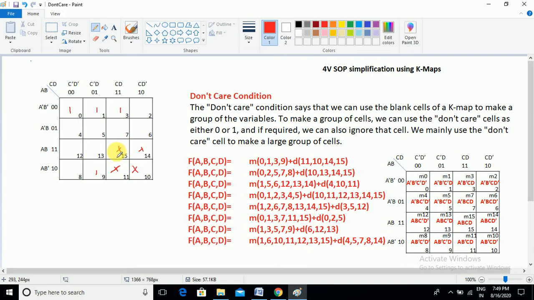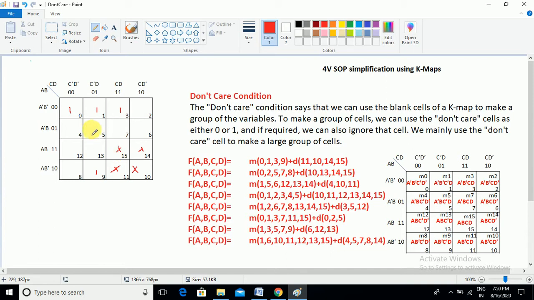So here we have to do a proper mapping. Our goal is to create a maximum cell grouping. If not possible, go with the overlap. Even if that is not possible, go with the lower level grouping. Here we also consider the don't care cells for the sake of maximum cell grouping.